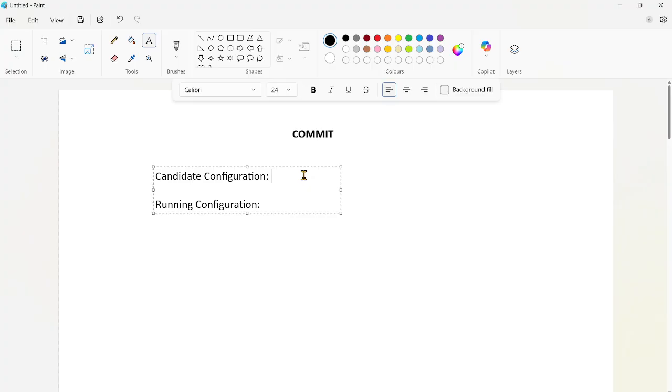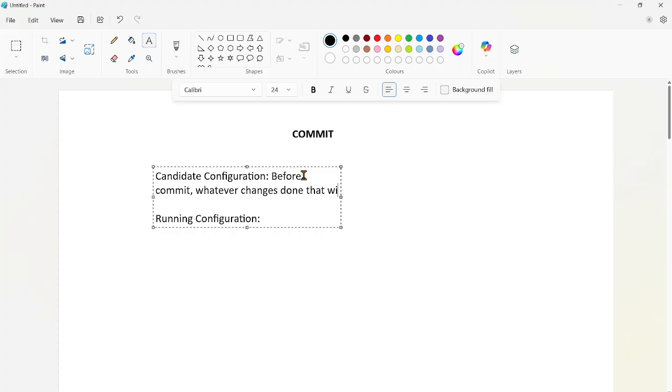All the changes that you have made will be available in the candidate config. We can call this the state before commit.